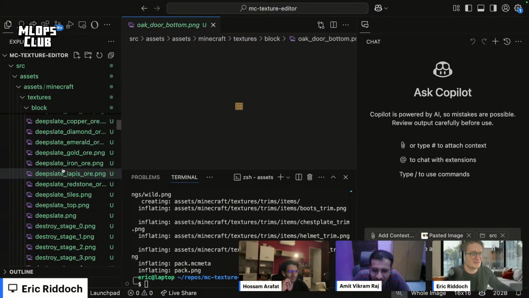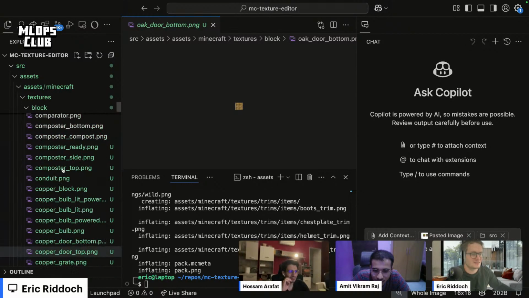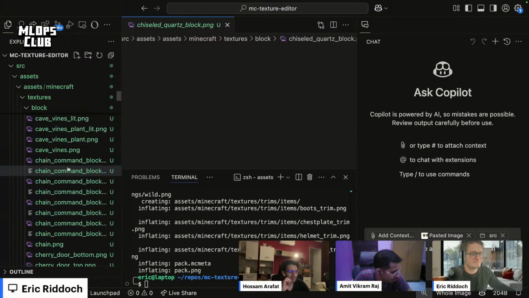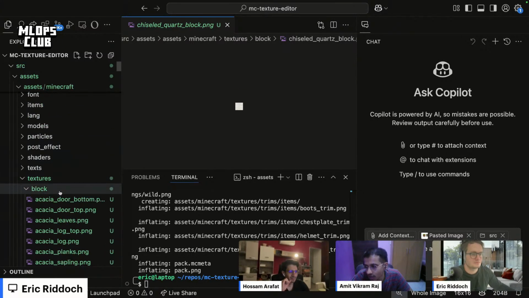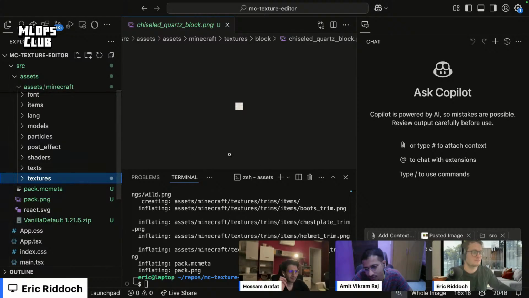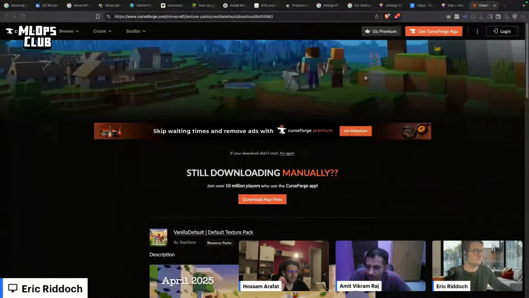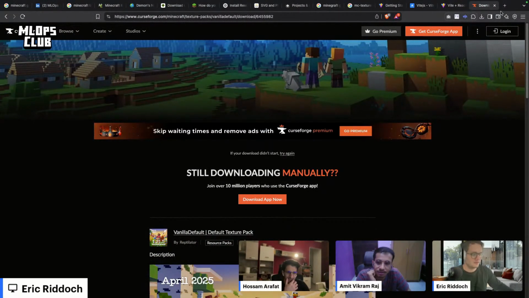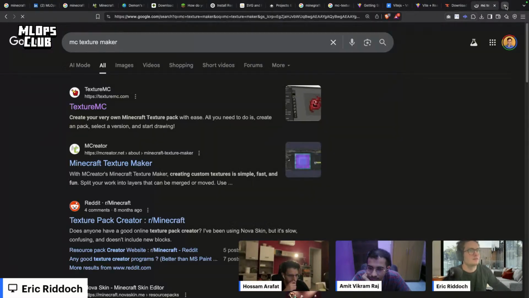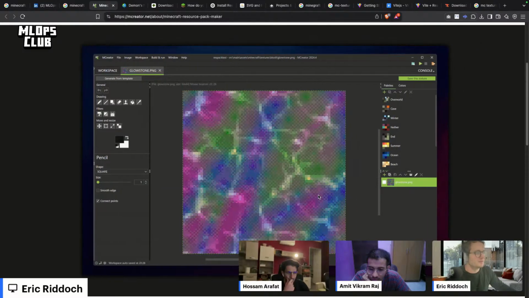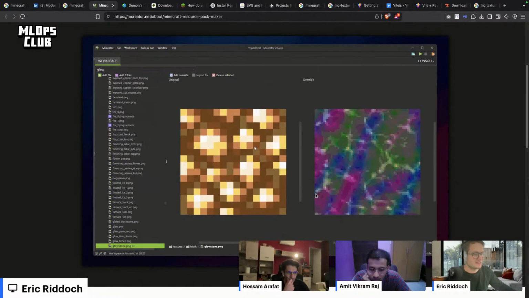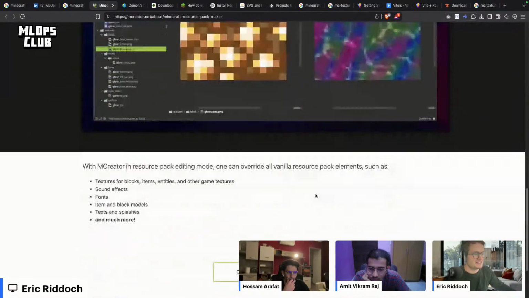Mysteries solved. Like these golden things, how does it decipher between where to put the green tint and where not to? Fancy Java stuff. I guess it's written in the Minecraft code itself, maybe. You know, part of me wants to just give this image to ChatGPT and have it